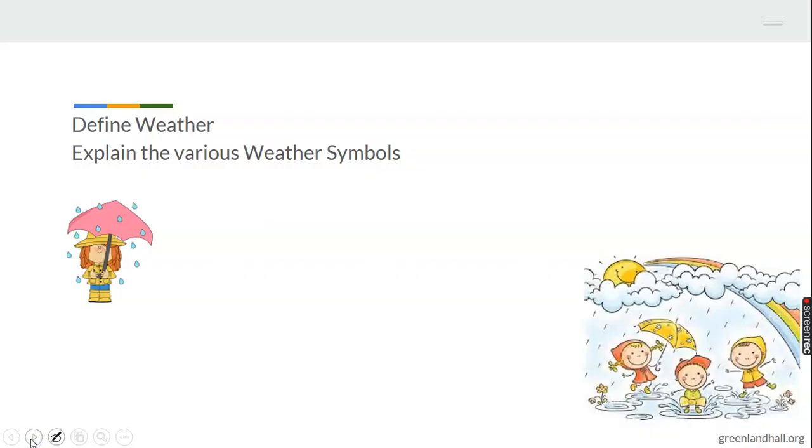So let's quickly look at things that we expect you to do today after the lesson. I would like for you to be able to define what weather is. Number two, you should also explain the various types of weather and their symbols, what they represent and what they mean. Is that clear? So I'd like for you to tell me what weather is, the symbols of weather, their representation, how you can even define weather. All right. So today, let's just get right into it, people. Let's get right into it.